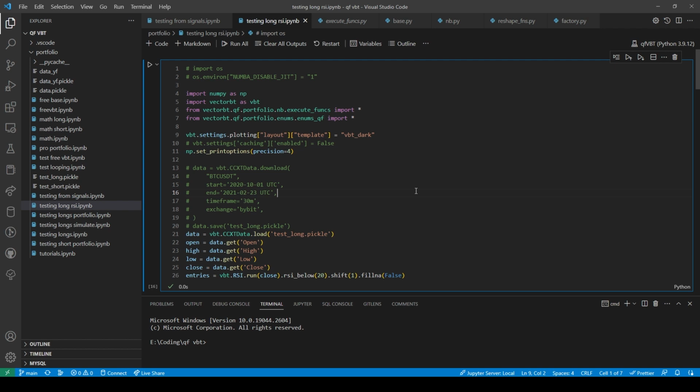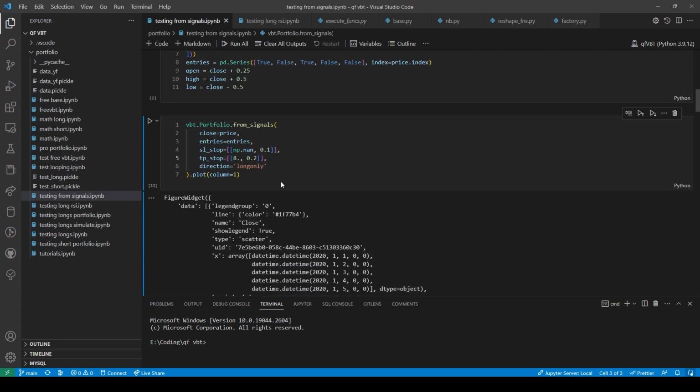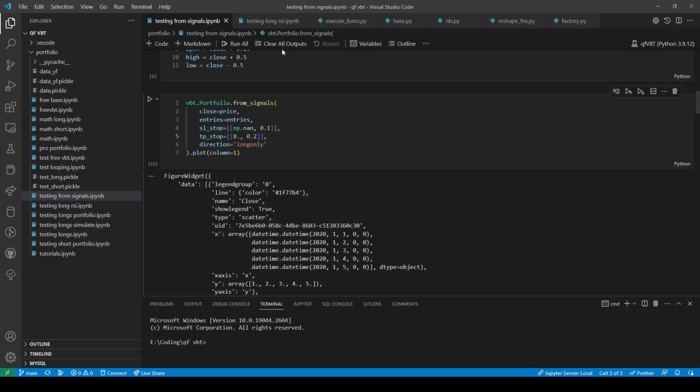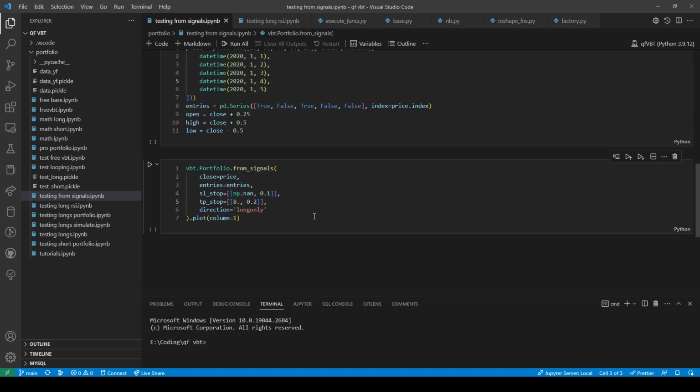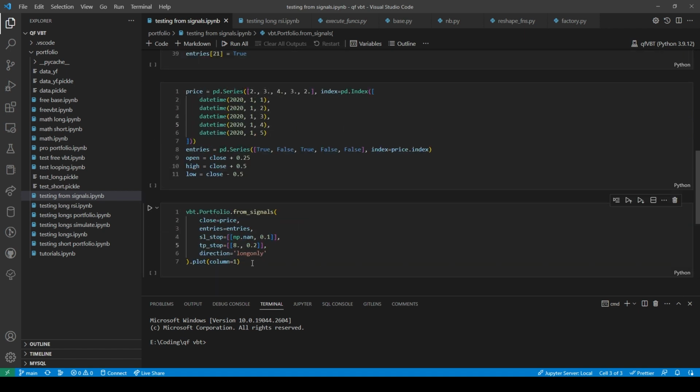Oh yeah, that's where we left off yesterday as we were following along with testing from signals. I messaged somebody, didn't get any help. I don't think that Vector BT does the thing that I was talking about. Last night I was thinking I need to actually write out on paper what it is that